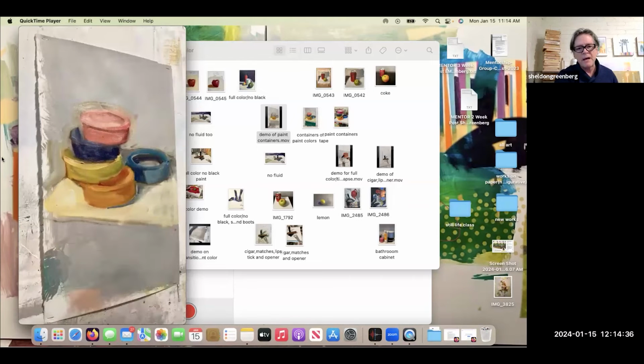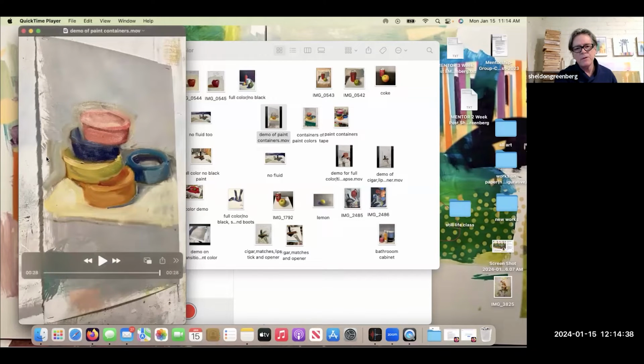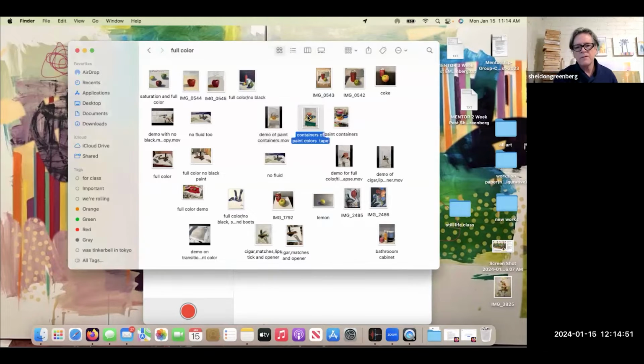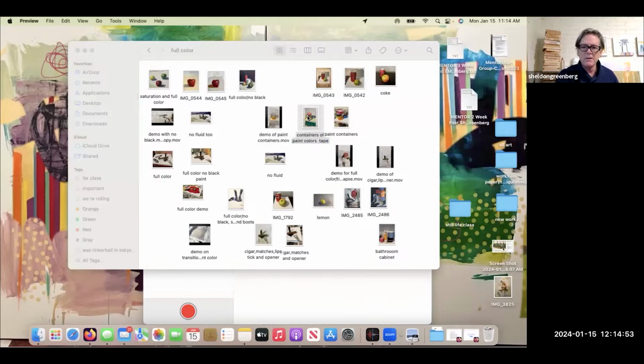Thinking a little bit more about the background, because as you can see now, I've used background gray as just my choice. And then the finish for this one, where is the finish? Here's the finish.